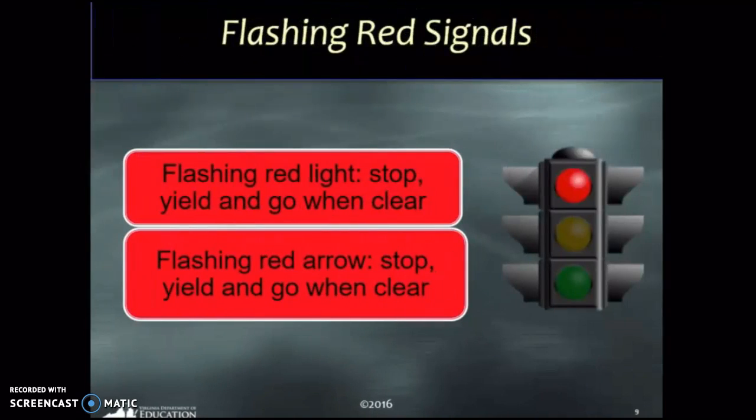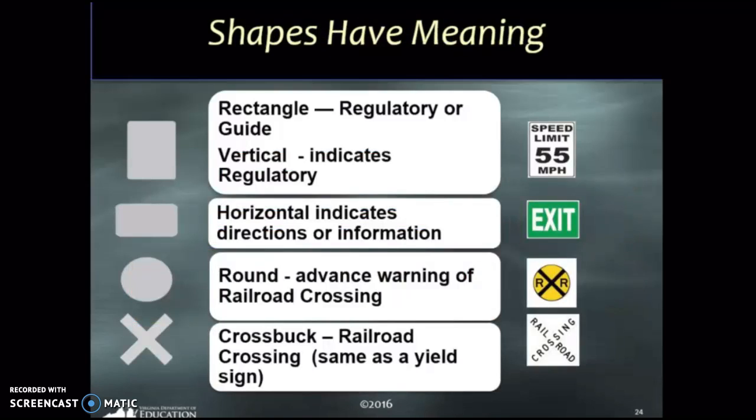Flashing signs also have a meaning. A red flashing light is the same essentially as a stoplight. You have to stop and you need to wait until the way is clear. You yield to the other cars, and then once you have sufficient space, you can go ahead and